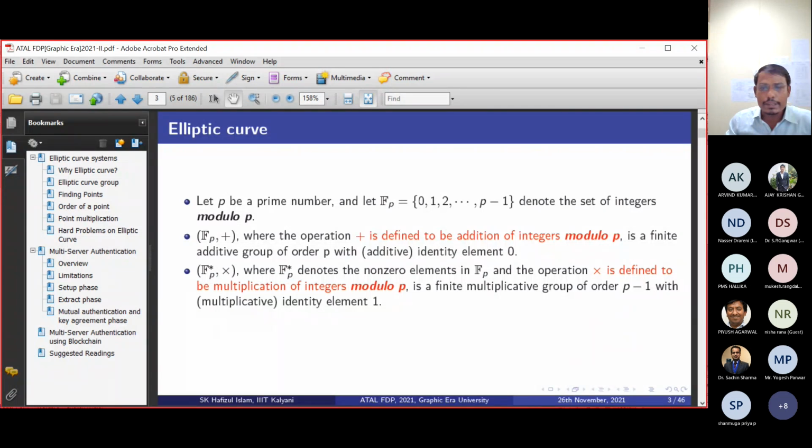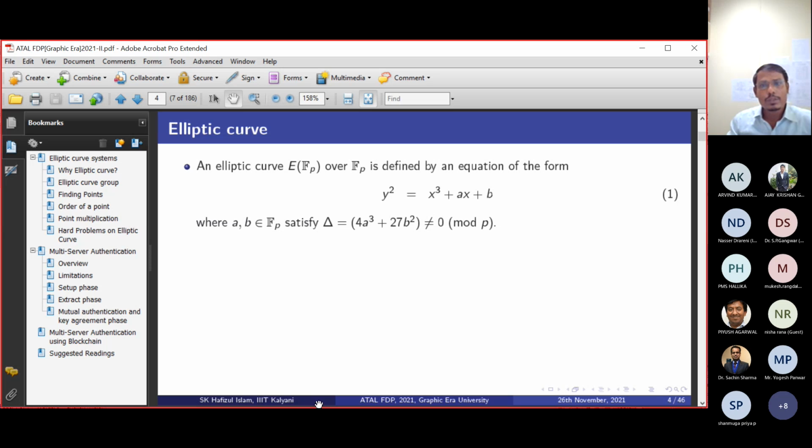Here you see, this is a commutative group whose multiplicative identity element will be 1, and for the other the additive identity element will be 0. So the field has two identity elements. From here you can easily understand the field has at least two elements, because it has two operations, so it has at least two identity elements. A finite field means it has a finite number of elements, like this set. Suppose p is 100, then the total number of elements is 100. It is a finite set.